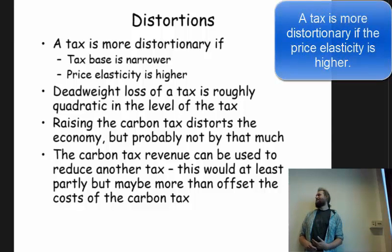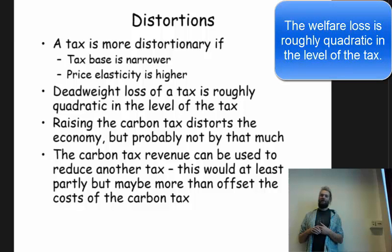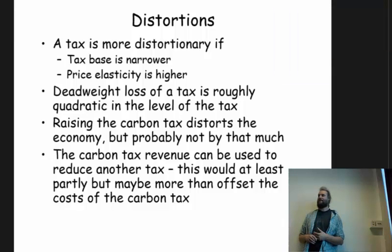Similarly, if the price elasticity is higher, our response to a price signal is greater, and therefore the change in our behavior is larger. That means that our welfare loss is greater too. As a rule of thumb in public economics, the deadweight welfare loss to the economy of a tax is roughly quadratic in the level of that tax. So if we now put those three things together, right,